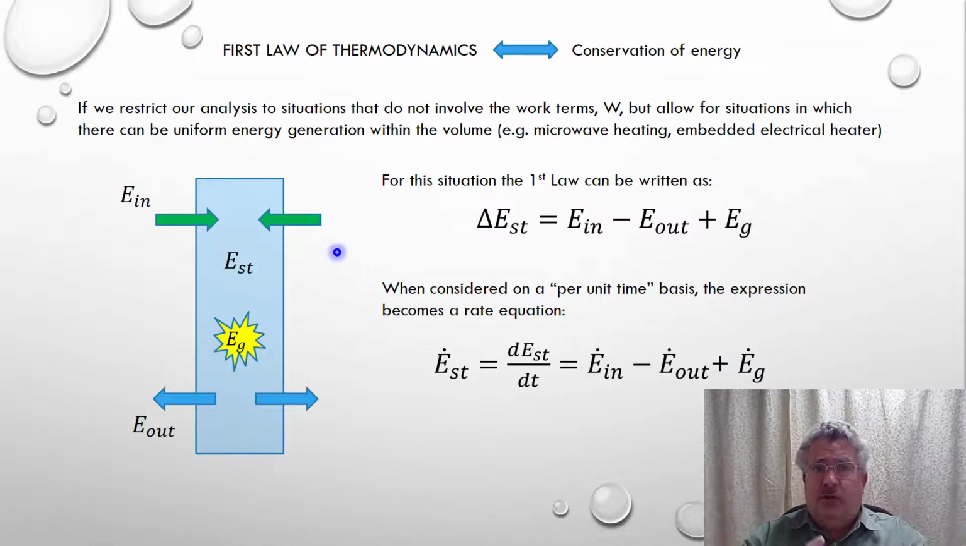It's a control volume that encompasses the total mass, or we can have energy moving out. So in this situation, our first law says the change in the stored energy in the system will be E in, right? That's going to be a positive change in stored energy, minus the energy leaving, which would be a negative amount, plus whatever energy is generated within